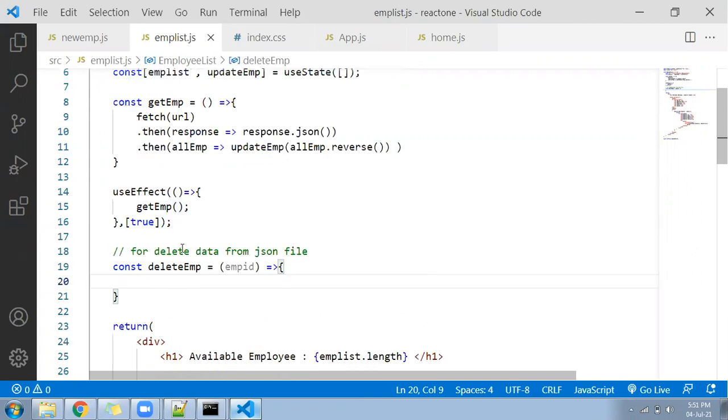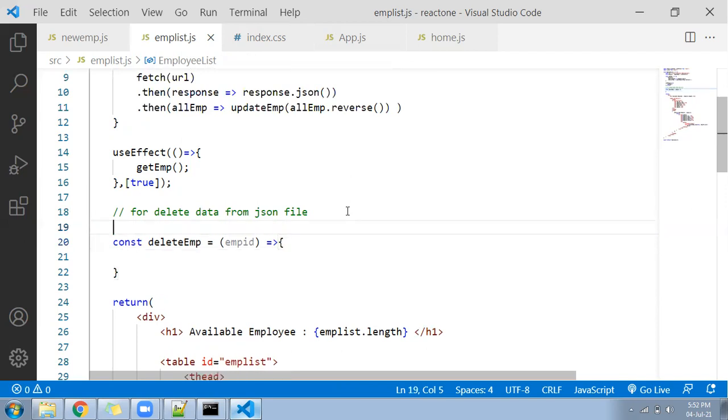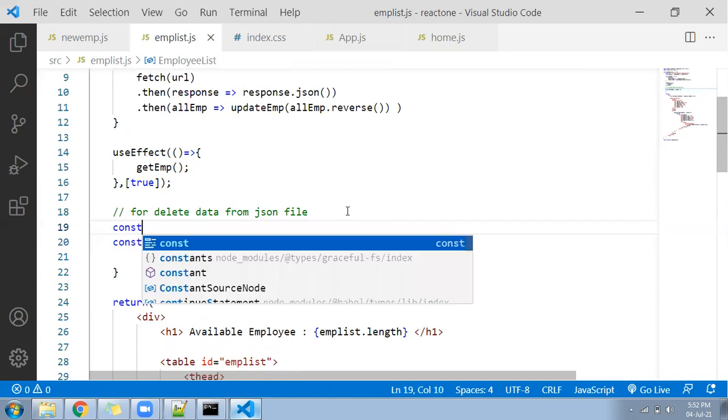So let's come here now. In this place, you are going to send the request to that file. Which file? The JSON server to delete a particular record. Let's go here and create a constant variable, because while deleting we have to display a message.